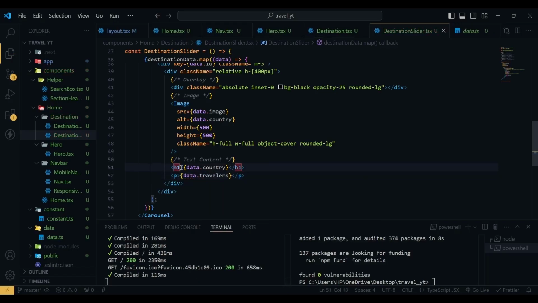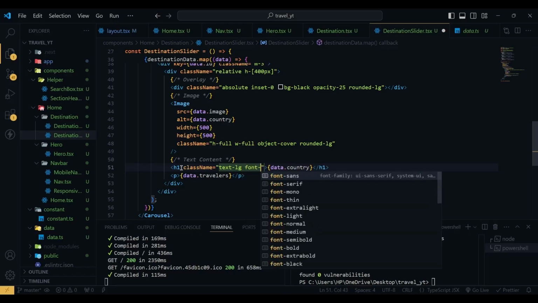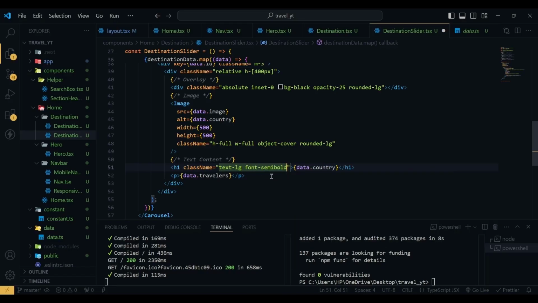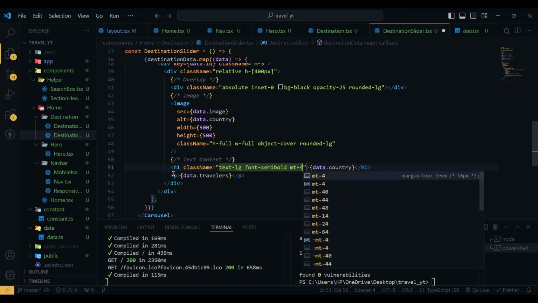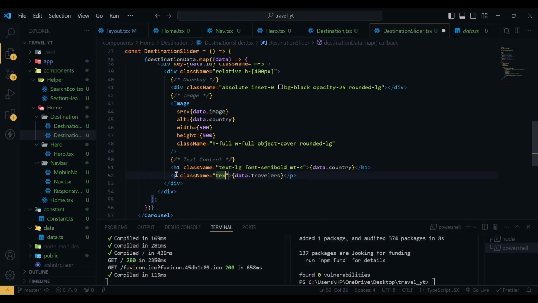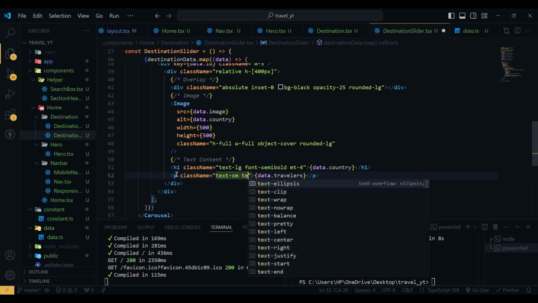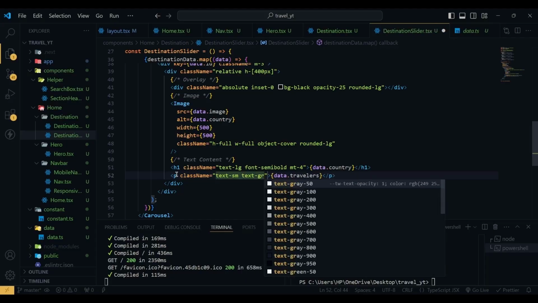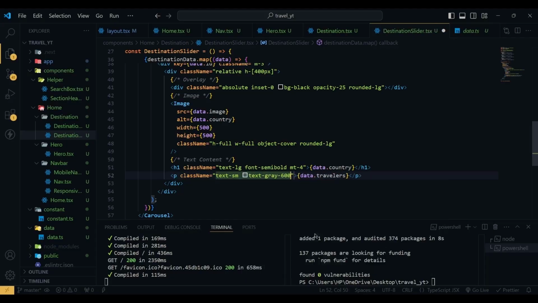Now the h1 has a class name of text lg, and font will be semi bold, and margin top will be 4. The p tag has a class name of text small, text gray 600, and now if I hit save,